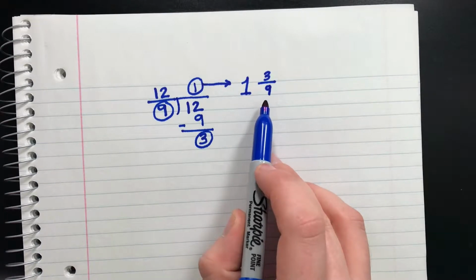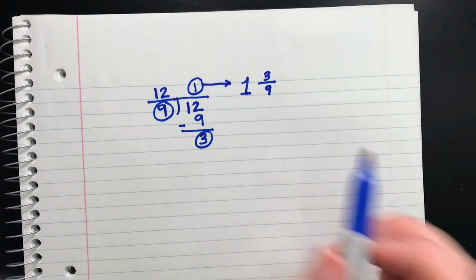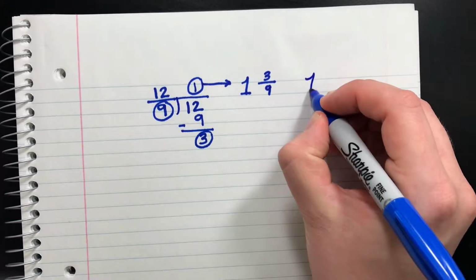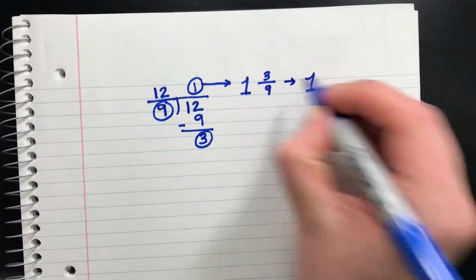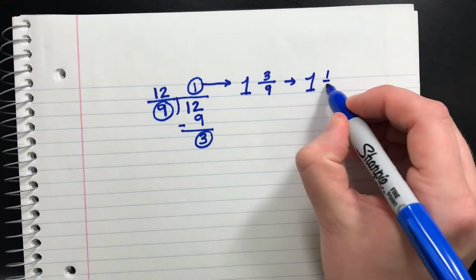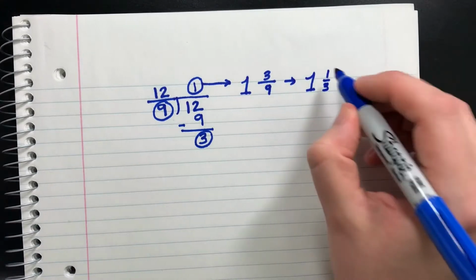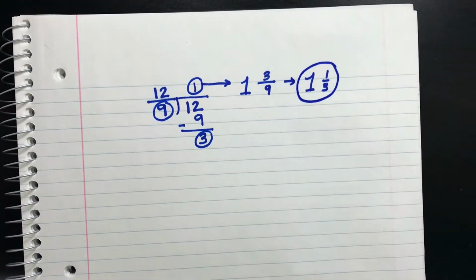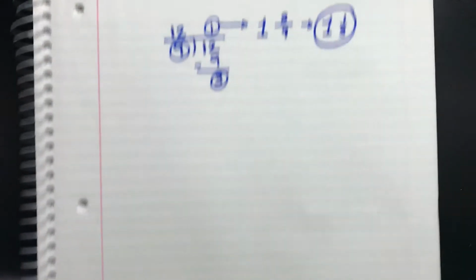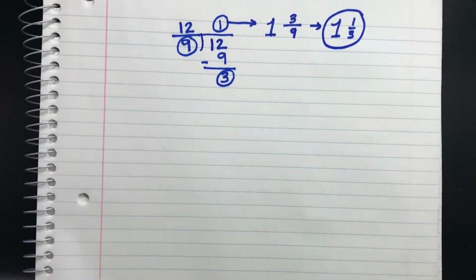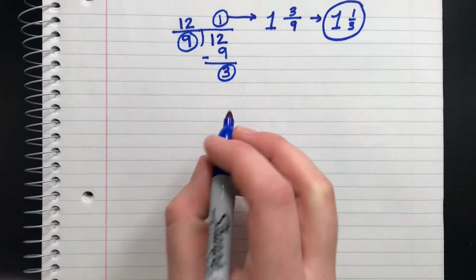This mixed number, however, as we can see, can probably be reduced even further because 3/9 can reduce to 1/3. So our final answer would be 1 1/3. So I'm going to show you again in another example. I'll leave that up there. Alright, so let's do